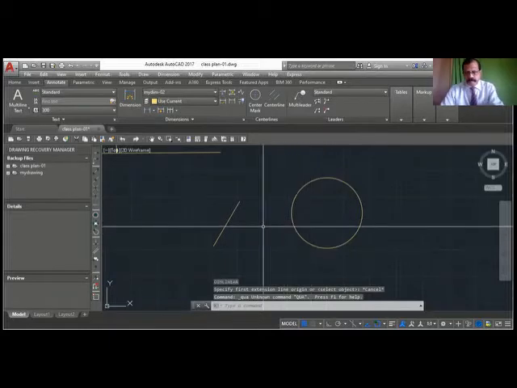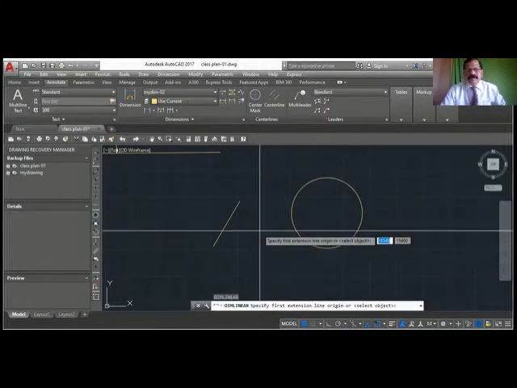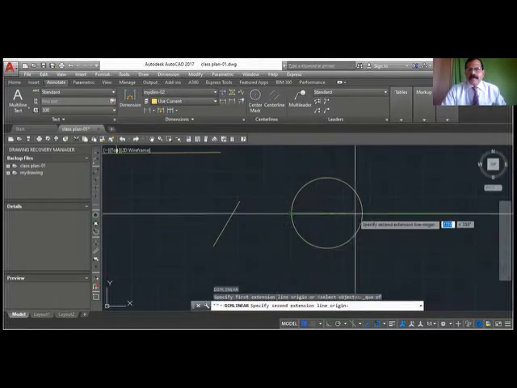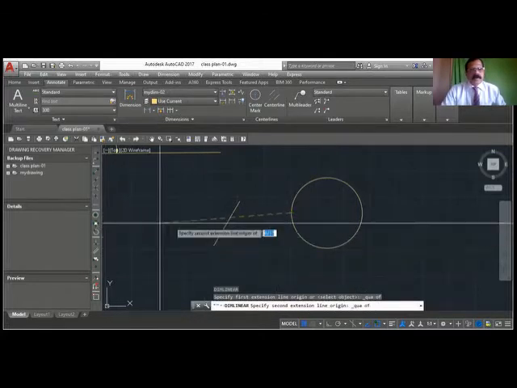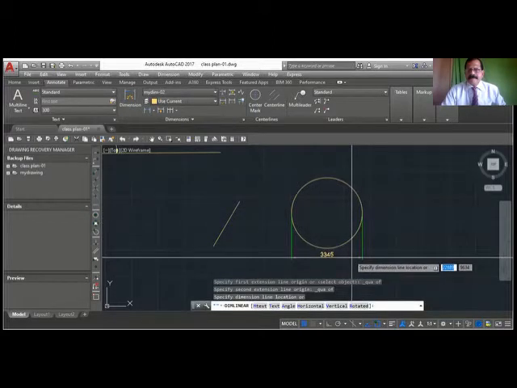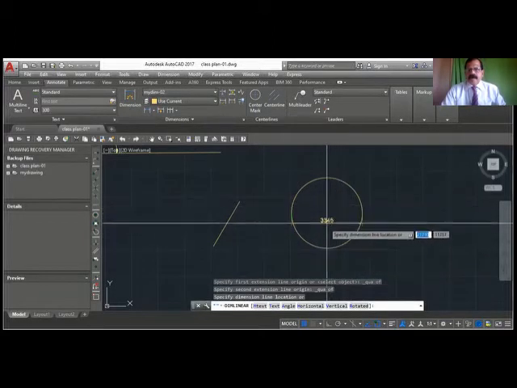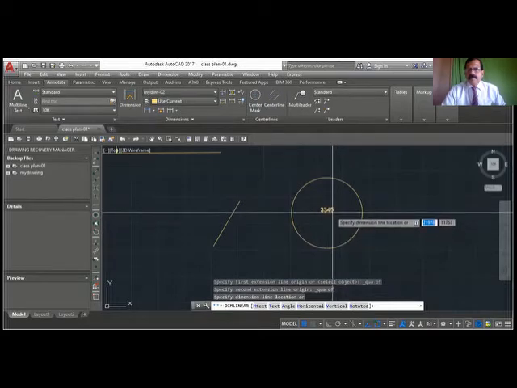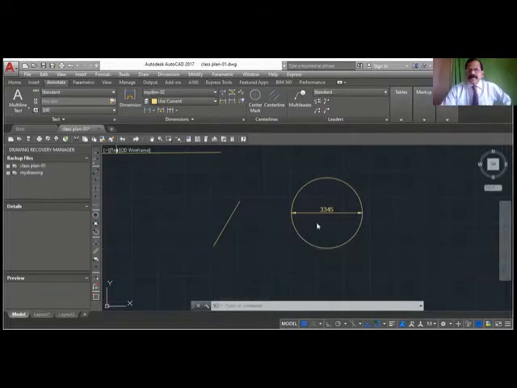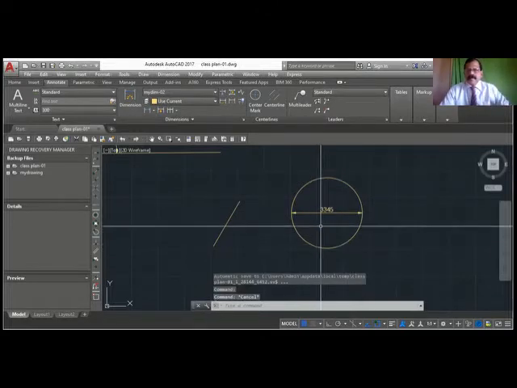Dim lin, first point, quadrant. So this quadrant. Second point, again this quadrant. Okay, and show wherever you want. You see now I have done this dimension.